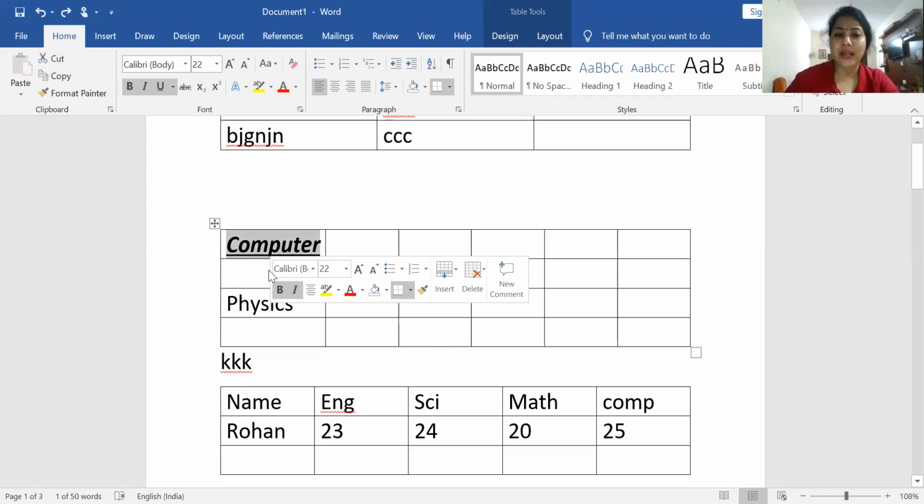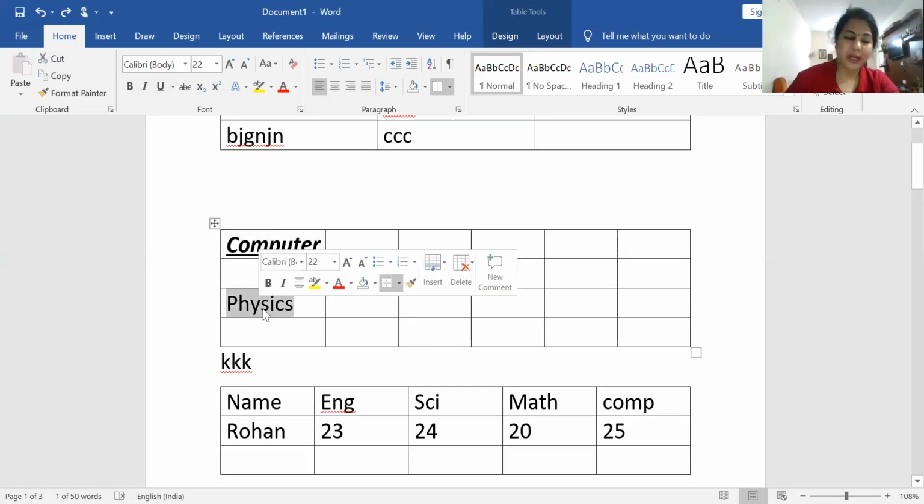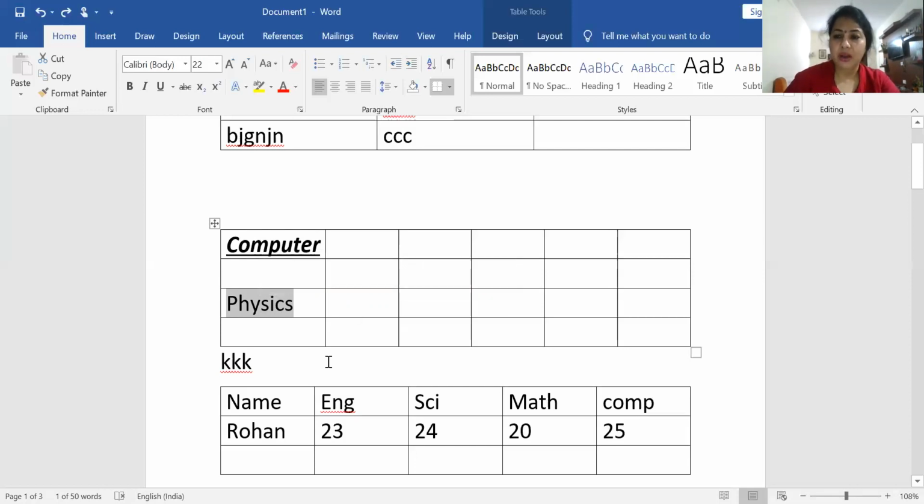So if you want to select a whole word, move the mouse cursor to any part of the word and double click it, and the word will be selected. To select a sentence, how to do it? Hold down the control key and click anywhere in the sentence. But in your cell, a whole sentence is not there, so there is no meaning of selecting the sentence.